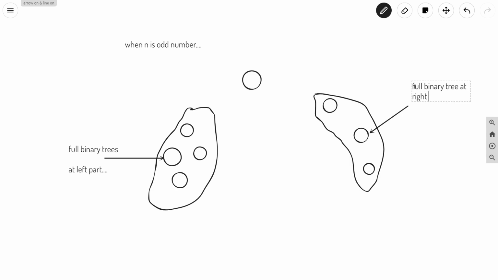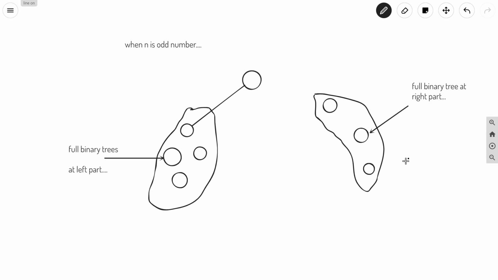So what we will do is take one full binary tree from the left part and attach that binary tree on the left of the particular node.